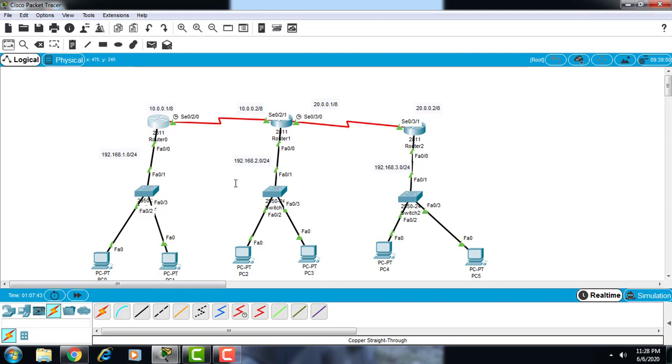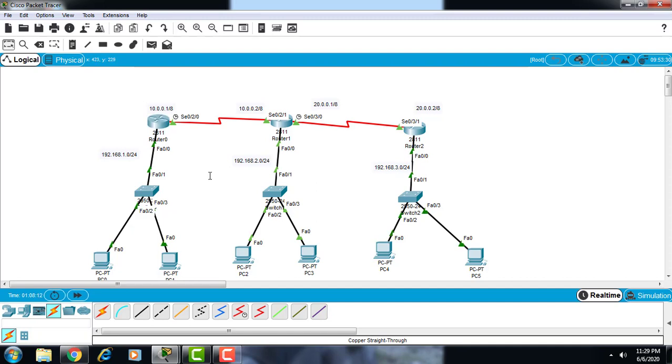Today we are showing another practical on the CCNA: how to access the router on the basis of SSH, Secure Shell Host. Before that we learned how to access a router from Telnet, but SSH is more secure than Telnet because data is not passed in plain text form in SSH. It passes information in an encrypted form.